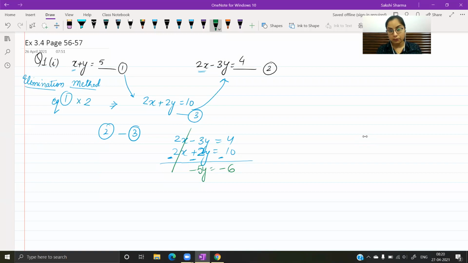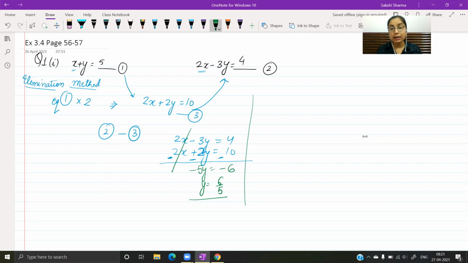So from here, y comes out to be 6 by 5. Now you have the value of one variable. दूसरे variable की value निकालने के लिए, if you want, you can use this value as such in either of the equations. Right now you have 3 equations, equation 1, 2 and 3, the modified one. तो इन तीनों में आप किसी में भी y की value 6 by 5 substitute करके find out कर सकते हो, or you could go ahead and eliminate the term containing y. आप y वाली term को eliminate अगर कर देते हो तो वहां से आपको x की value मिल जाती है.